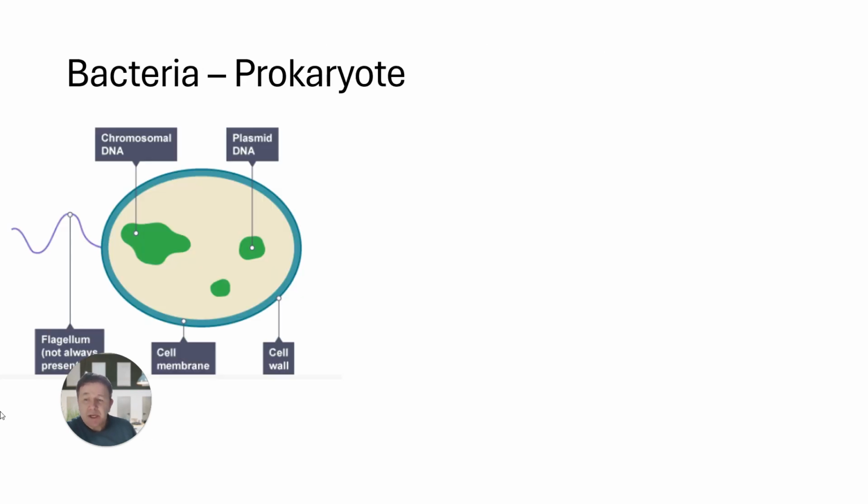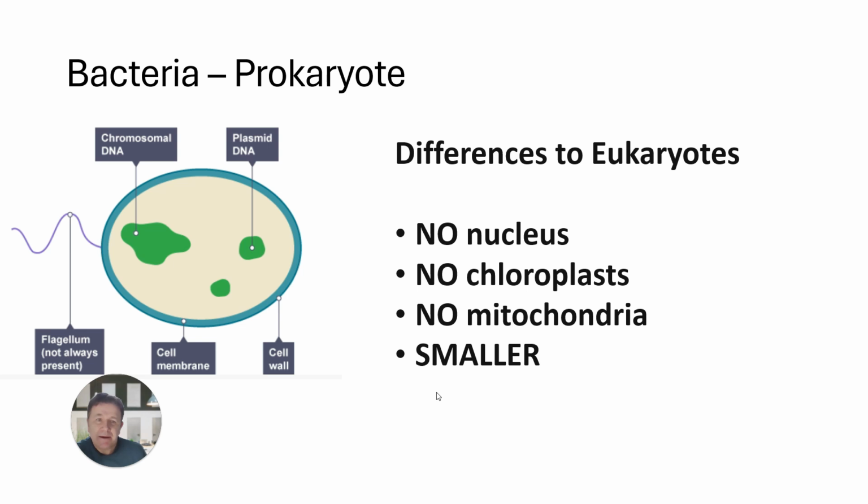They also need you to know about prokaryotic cells. So a prokaryotic cell is something like a bacteria, and you'll notice the general structures that are there. But the main thing is that the differences are that there's no nucleus, no chloroplasts, no mitochondria, and they're much